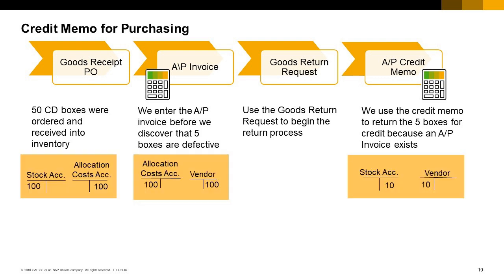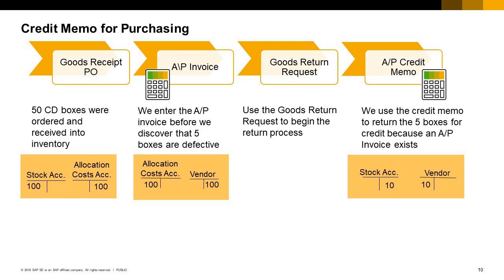The AP credit memo has the same effect as a goods return. The credit memo updates the stock quantities and corrects the values in accounting. Since in this case, we were able to create the credit memo by copying the items from the goods return request to the AP invoice, the system finds the same accounts that were used to post the invoice and posts a